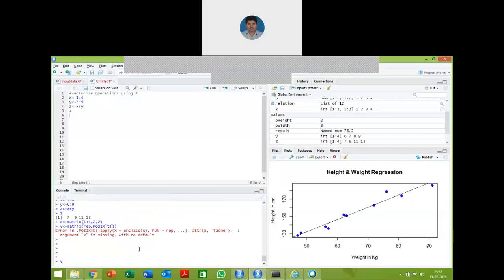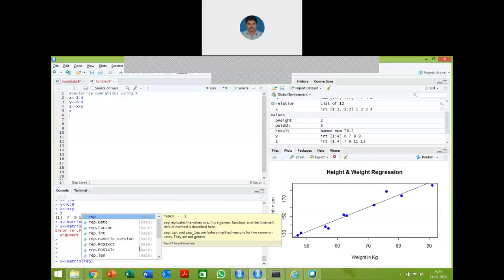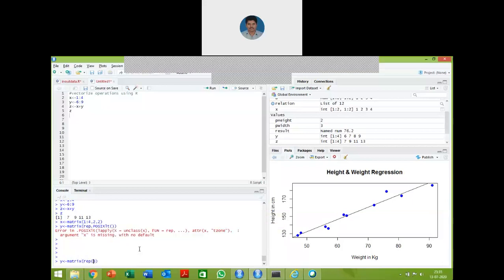To use the matrix method with rep, what elements we want to store, 4, are repeatedly stored. Then, comma, what is the size of the matrix? How many rows, how many columns you require.